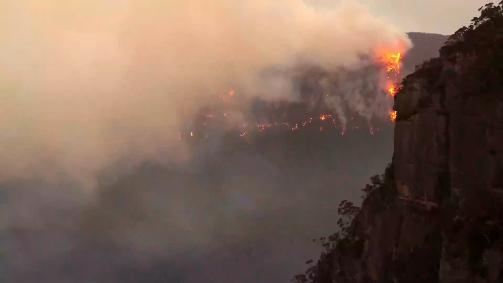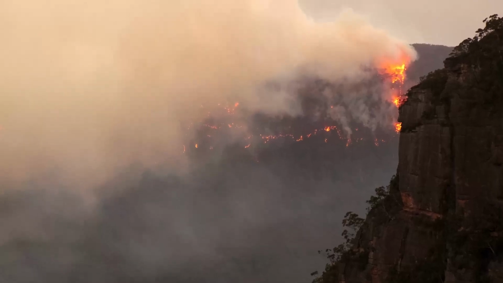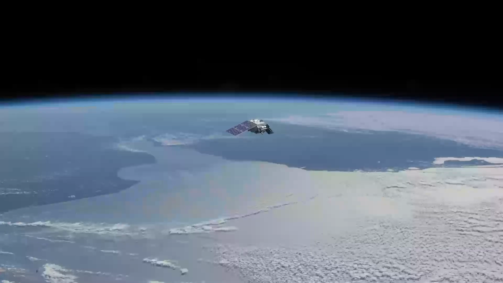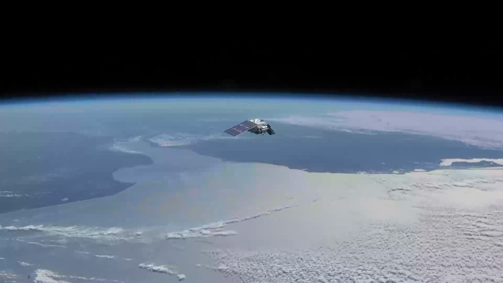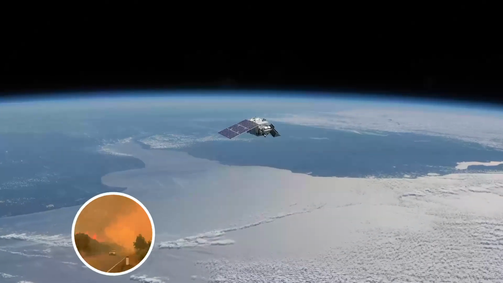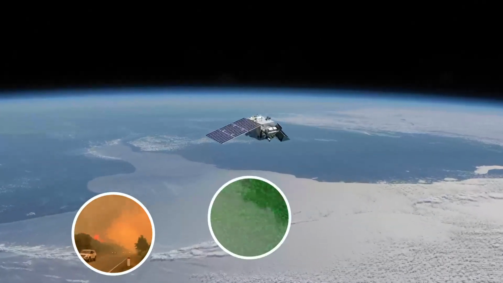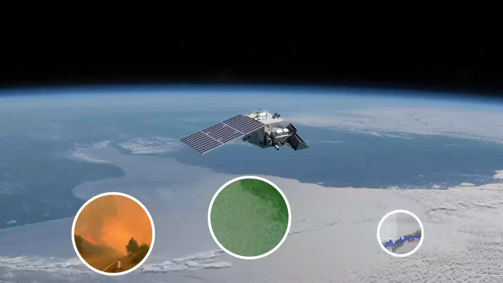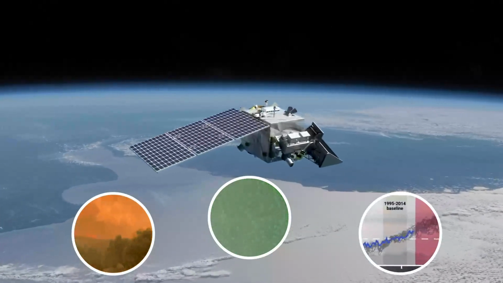The fires that tore through Australia are just one example of how Earth systems are linked in ways we're only beginning to fully understand. With data from PACE, we'll get a clearer picture of carbon as it links land use and fires, atmospheric aerosols and marine communities, and ultimately improves the data we put into climate models.